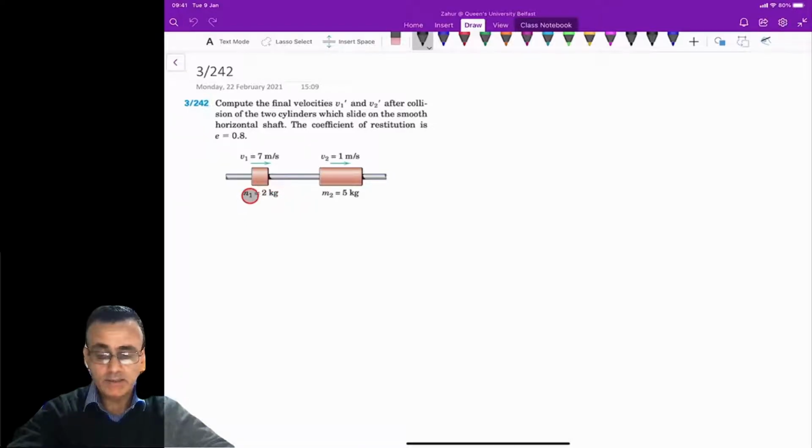The mass m1 is 2 kilogram, mass m2 is 5 kilogram, and v1 is given, which is 7 meter per second, and v2 is given, which is 1 meter per second. So this is obviously the case of central impact. So to solve this problem,